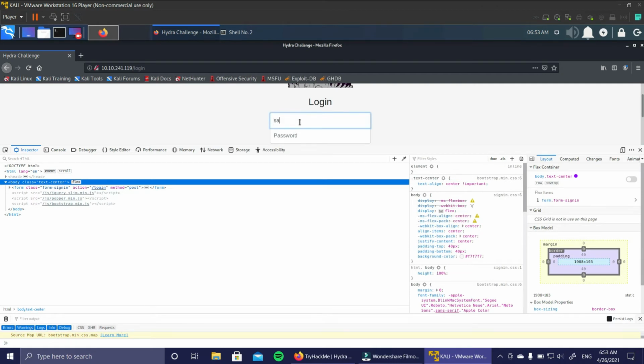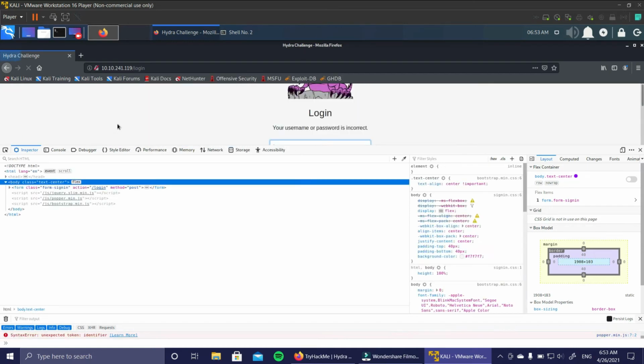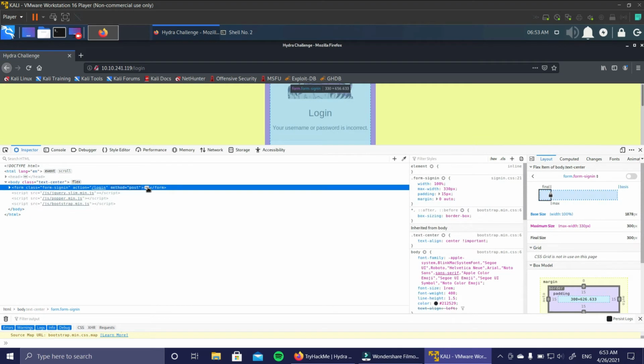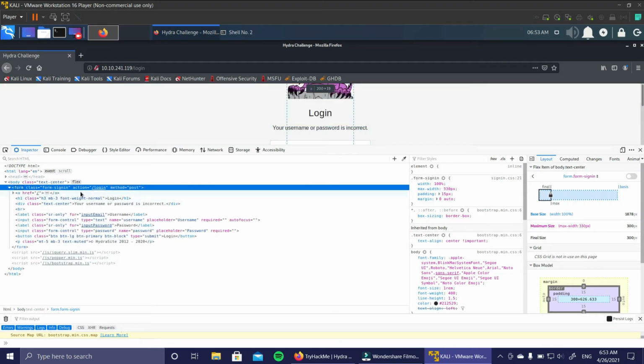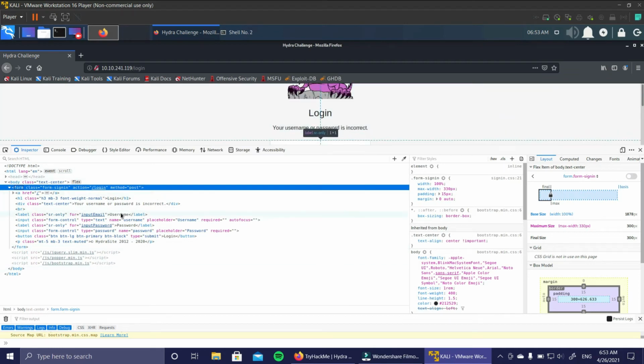Write anything in the user ID, write anything in the password, and just log in. Yeah, we can see the HTTP method this is using is the POST method. Here you can see it is POST. I don't know if it is visible or not. I will zoom in a little bit, but this is POST, the HTTP method which this login page is using.